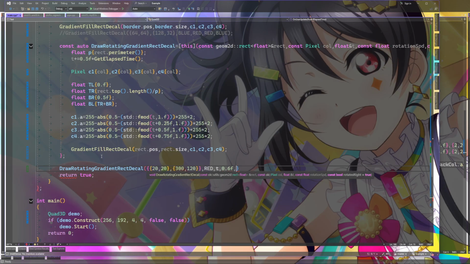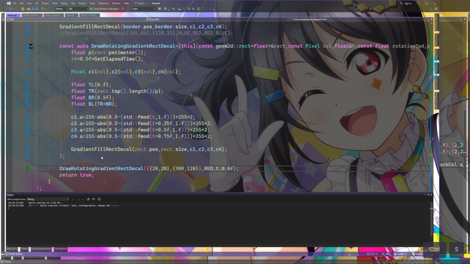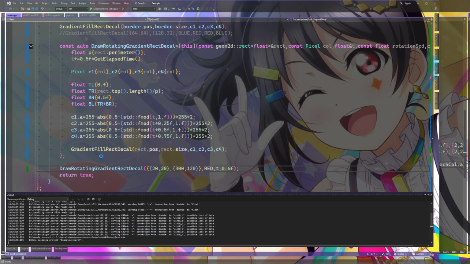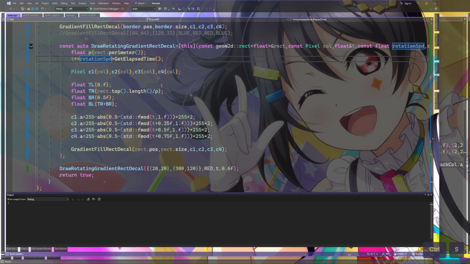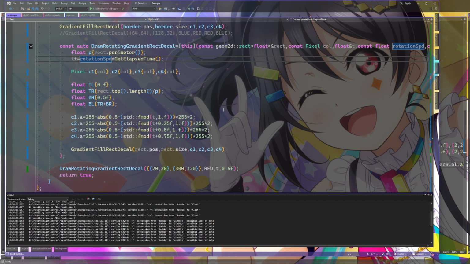And rotates right is true. We didn't actually implement rotates right, but I will implement rotates right after. Also, that 0.5 I think was hard-coded, but it should really be rotation speed. Like, that one should be rotating at a slightly different speed.